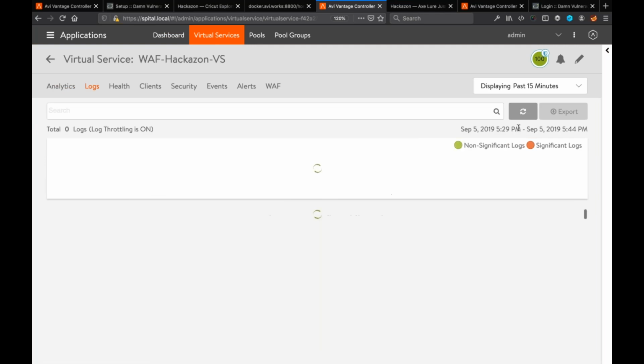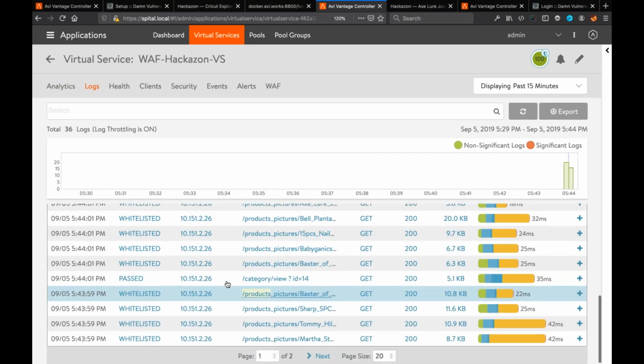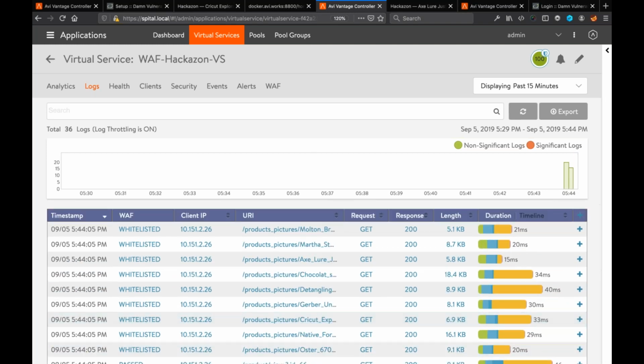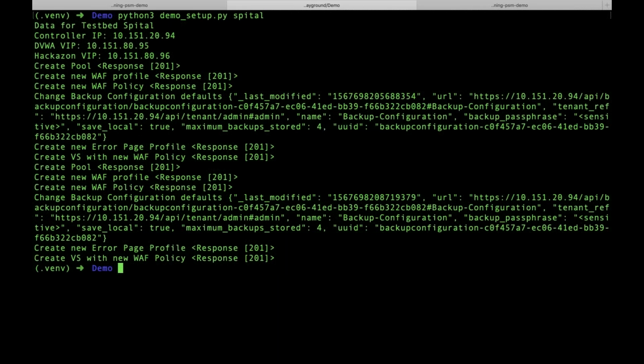Yes, we got logs for my clicks on the application. That was the first step, creating the virtual service and visiting the page.